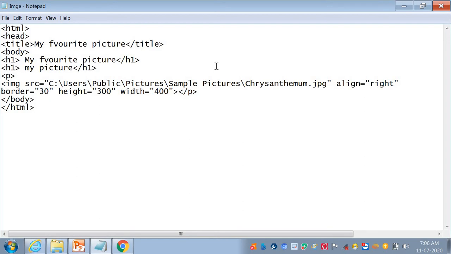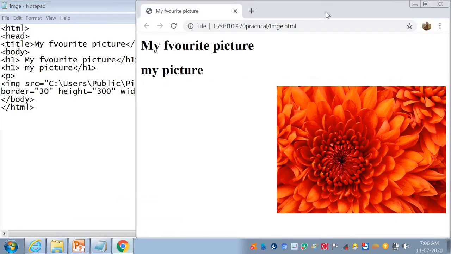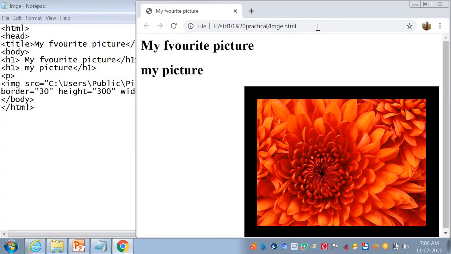Here your border will display in pixels.